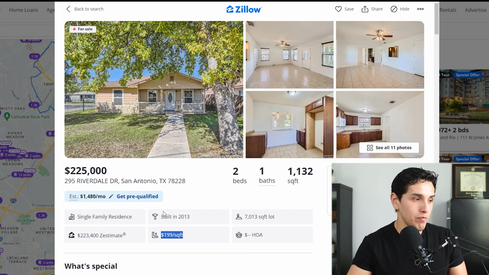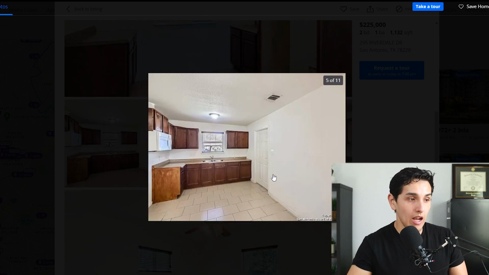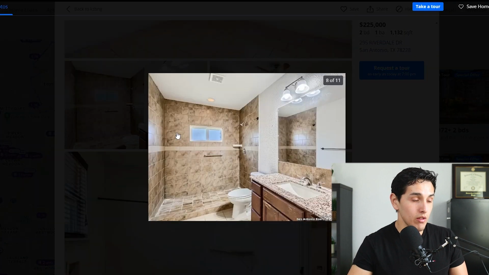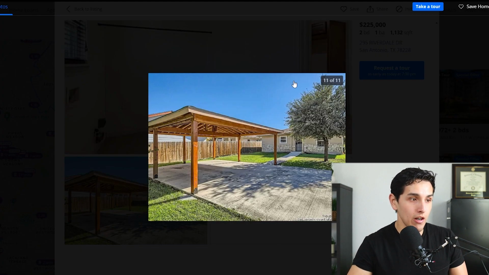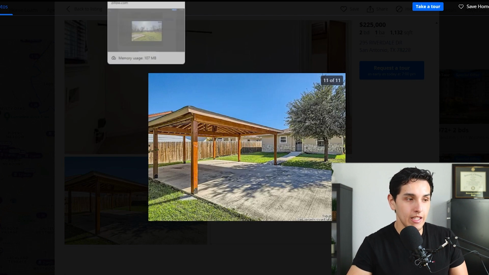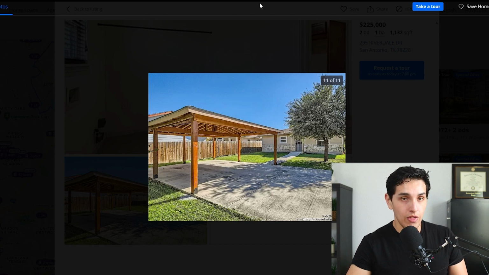So it's a lot more, and we're going to take a look at it. As you can see, it's still a lot higher quality than the first home that we saw. However, wow, really, really good bathroom. Very, very nice bathroom. Very, very nice backyard. Like, you cannot compare this backyard with this backyard. Night and day difference. As we can see, the quality between these homes that we are seeing, they are